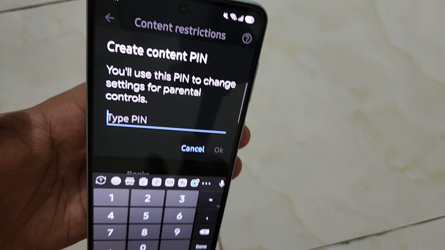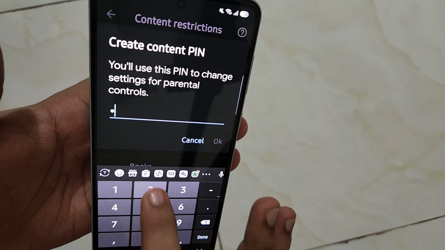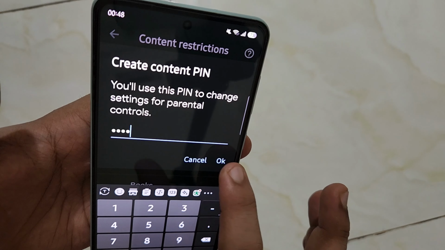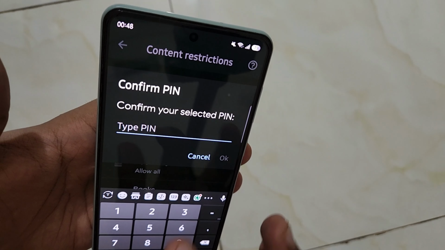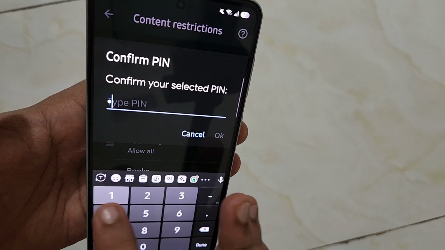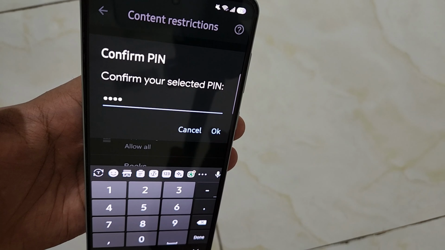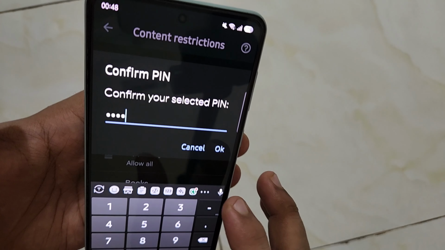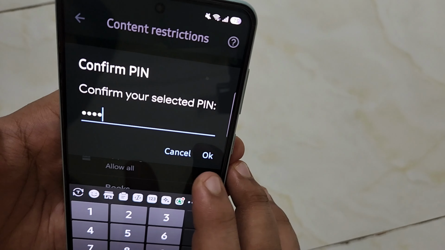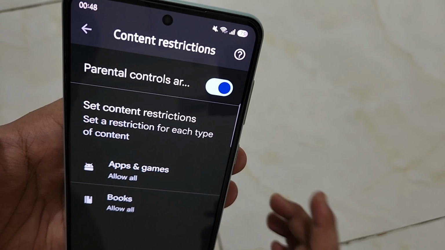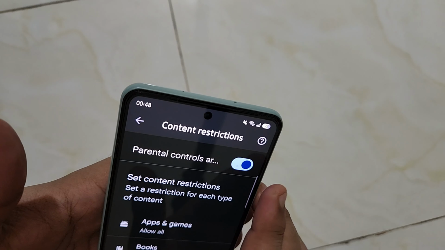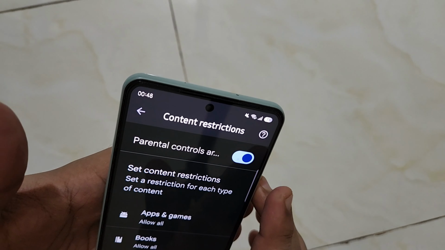You can set a 4-digit pin. After you type the 4-digit pin, tap OK. Then confirm your selection by retyping the pin again. Make sure the second time you add the same pin you typed the first time. After you type the exact pin, confirm by tapping the OK button, and it will automatically enable parental control on Google Play Store